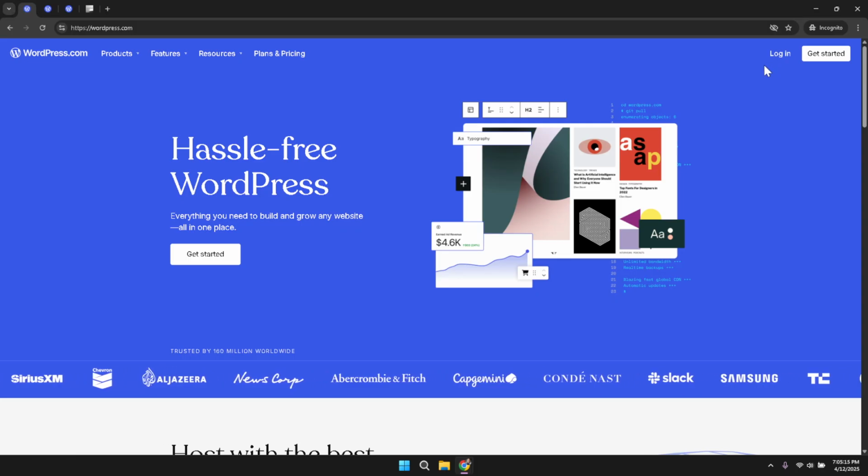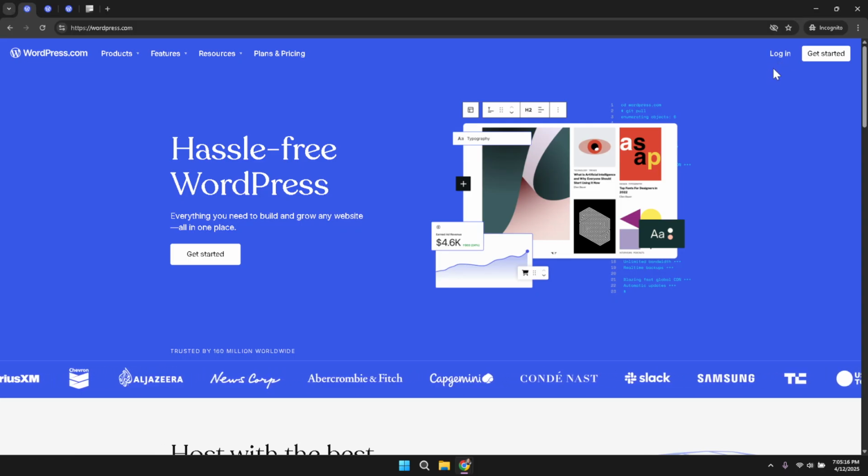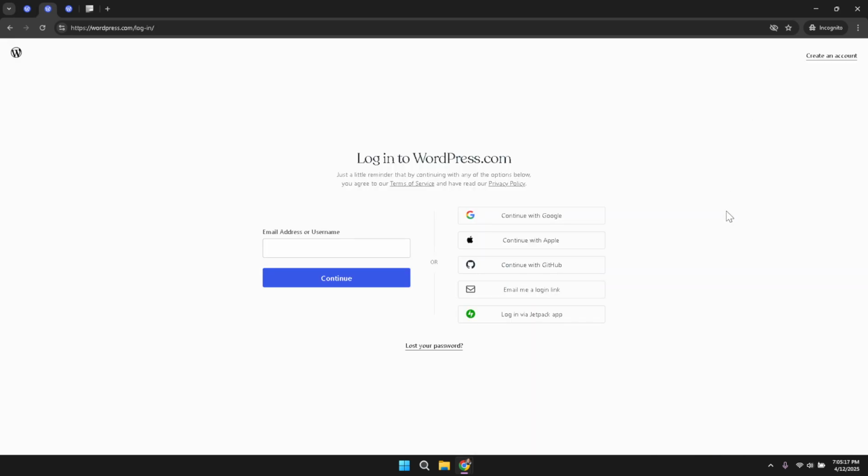Once you locate the login option in the upper right area, click on it and the login screen will appear. Here you have a convenient option labeled Continue with Google. Selecting this option simplifies the sign-in process so you can quickly choose the Google account you wish to use for managing your website. This method not only saves time but also enhances the security of your login process by using